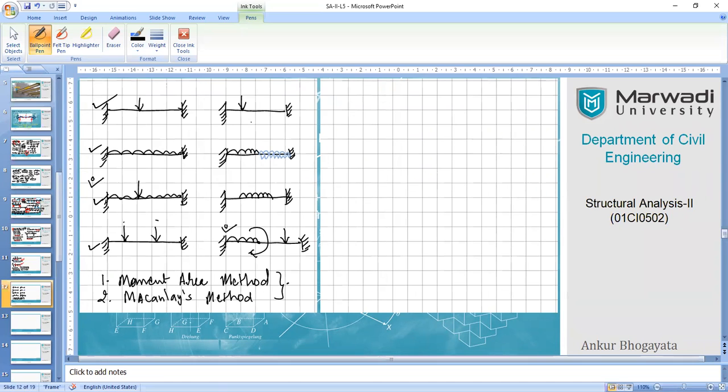However, when you have unsymmetrical loading, it is always advisable to use Macaulay's method. We also had a demonstration of this method, how to solve the problems, even with complex conditions of forces like this. Right. Now, let me first of all explain what we mean by other requirements of structural stability. So you know that we have three conditions of equilibrium: sigma H equals 0, sigma V equals 0, and sigma M equals 0.